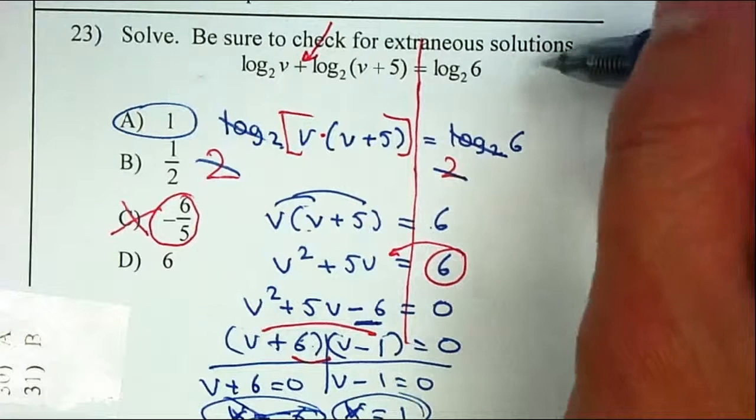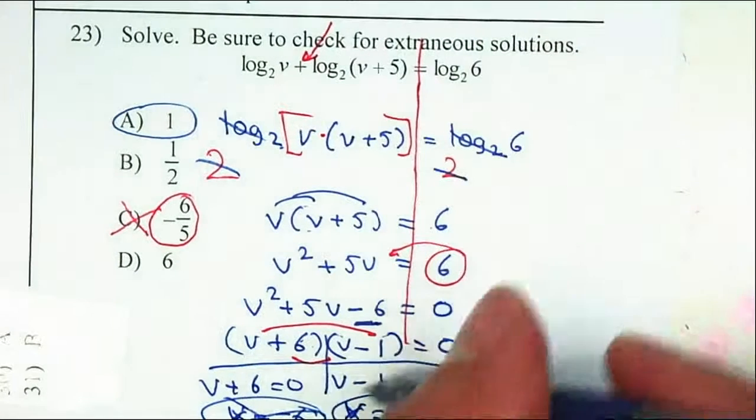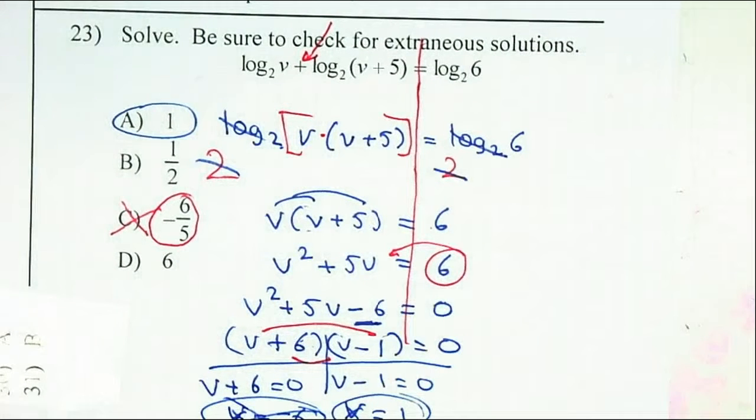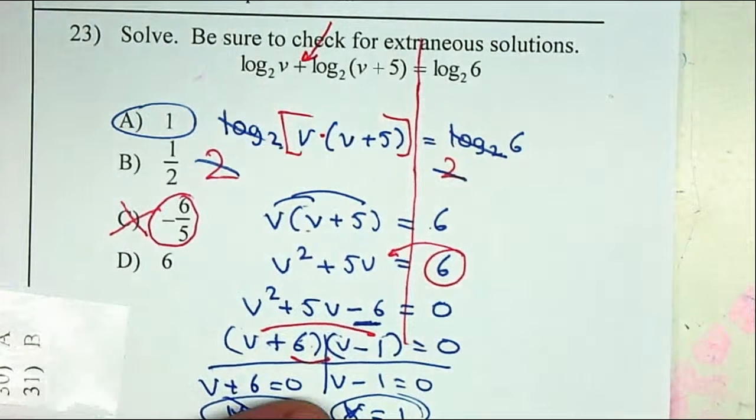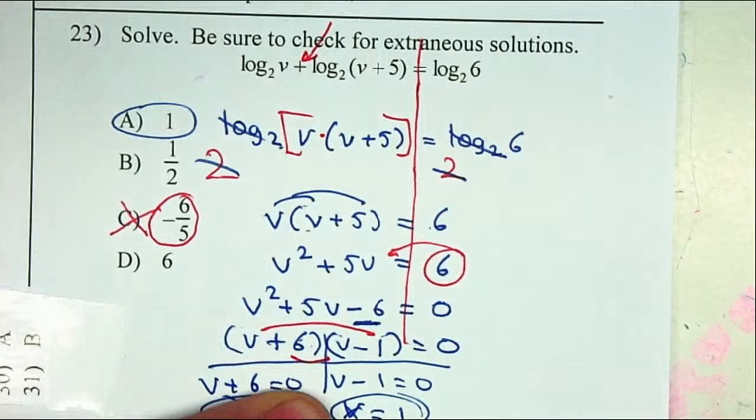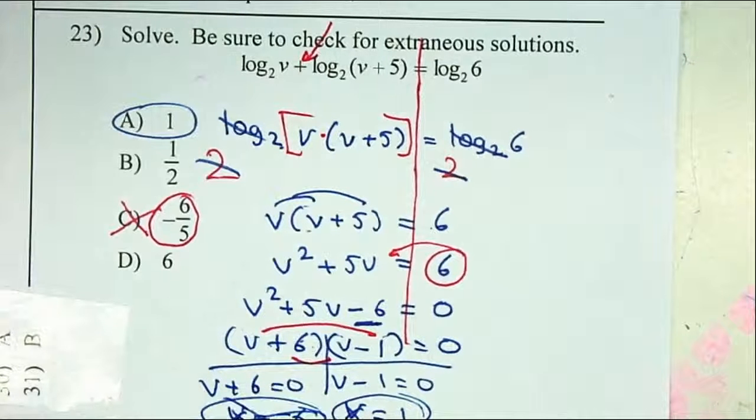And that's what they mean by extraneous solutions. Even though you solve it, sometimes you end up with a negative number. But we know that you cannot take the log of a negative number. So therefore that will be an extraneous solution. Even though it's part of your solution, it's not correct. So your answer is letter